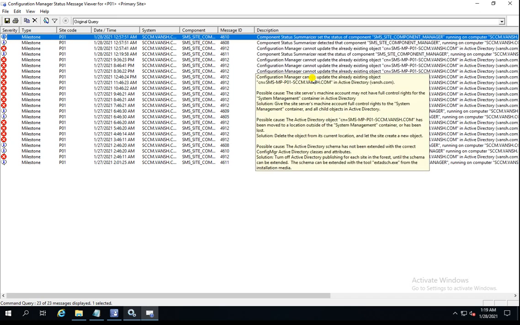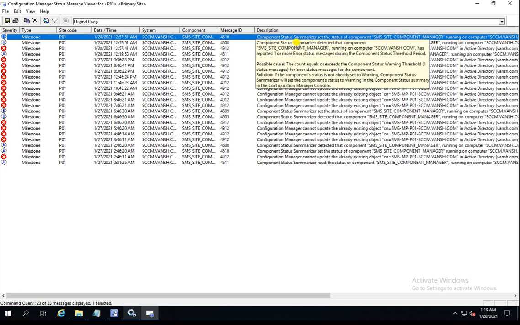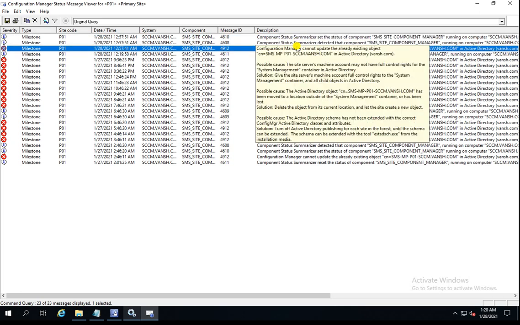Earlier, if you saw, it was showing it had already exited, and some AD issues were there to update the MP objects. But finally, what happened is that the Site Component Manager has reported one error. It's showing one error here, and here also one error, but it's not in the critical state.